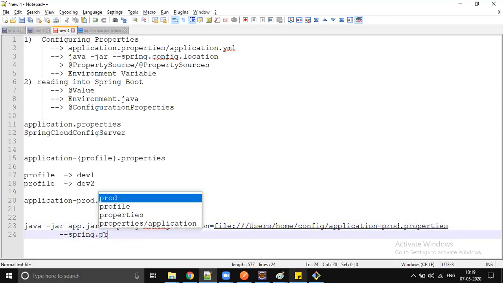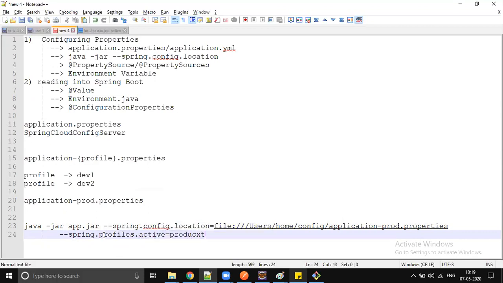Then you have to enable that profile: spring.profiles.active=prod or production, anything is fine. Then your file name is going to be application-production.properties. So we provide security plus profile management. Security plus profile management. This is how we're going to handle it.